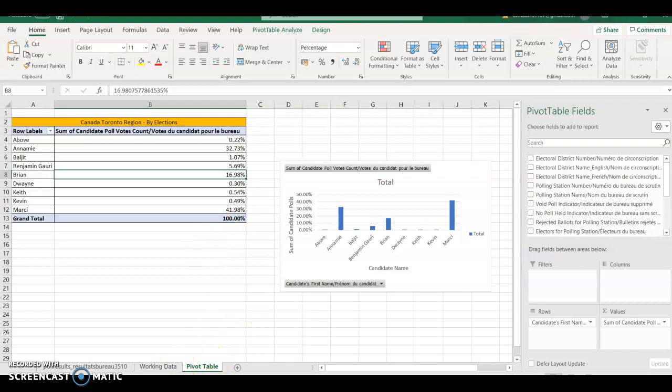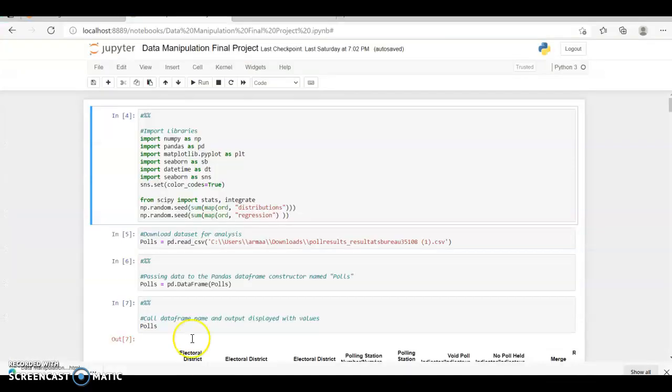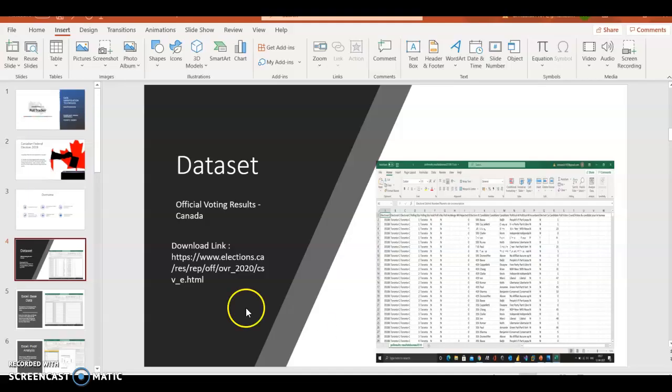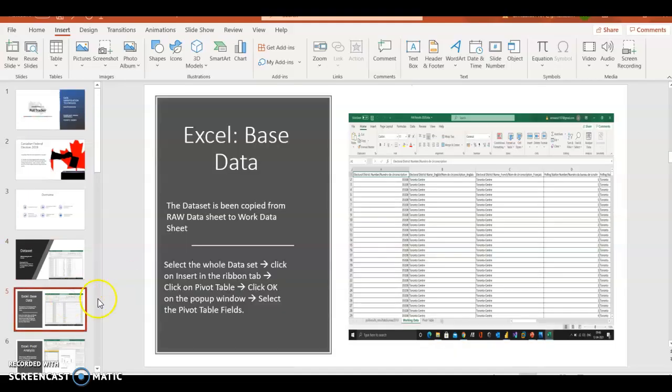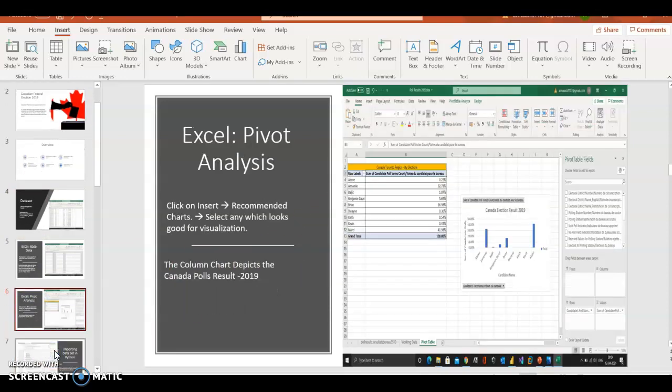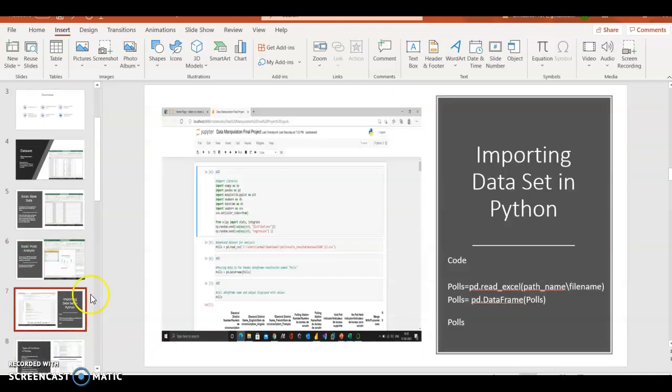After that I imported the data in Jupyter Notebook. As you can see, these are the steps which I followed for the analysis, and this is the chart for the Excel purpose. After that, I used Jupyter Notebook for importing the data set.